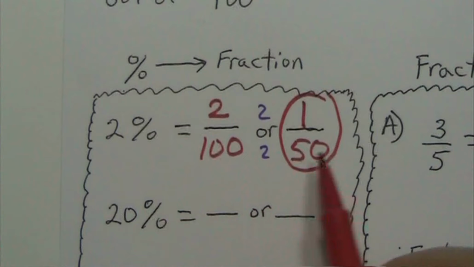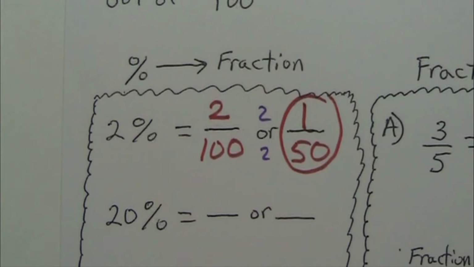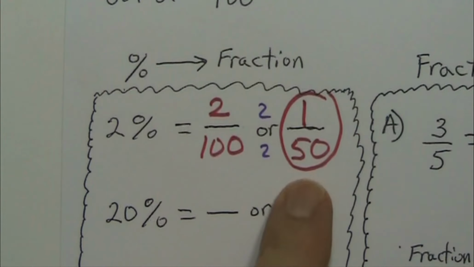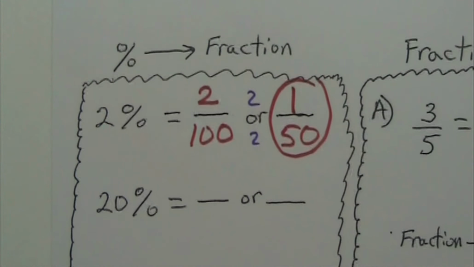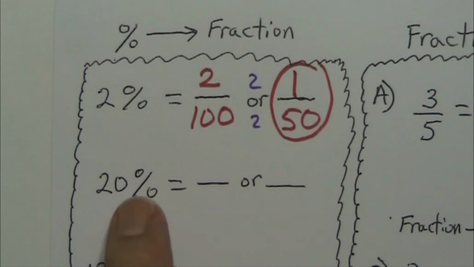So 2% is the same thing as 1/50th. It's 2 over 100, but then reducing it is 1/50th. All right, let's go for the next one. Percent to a fraction,